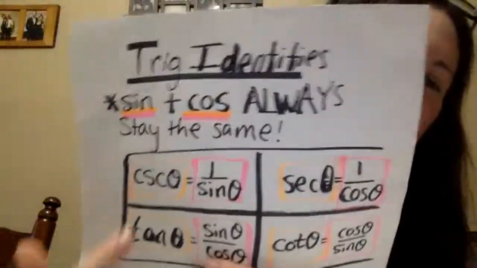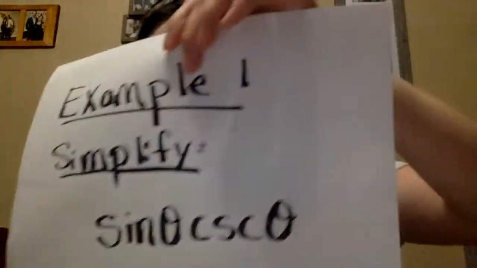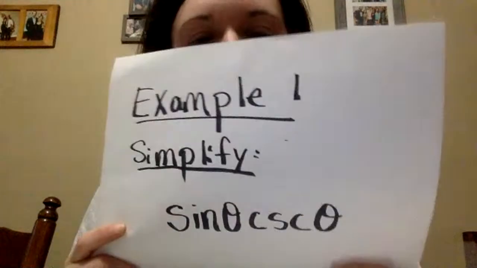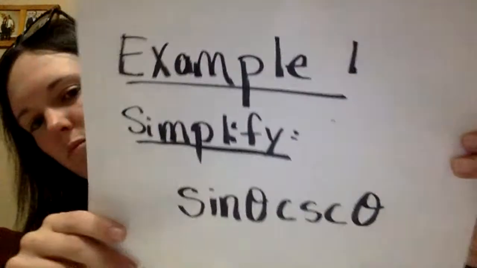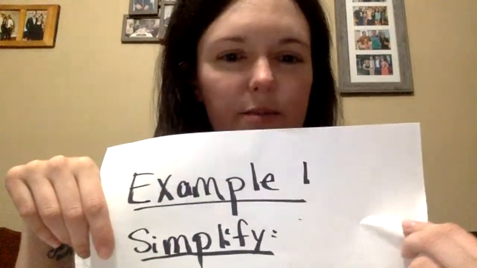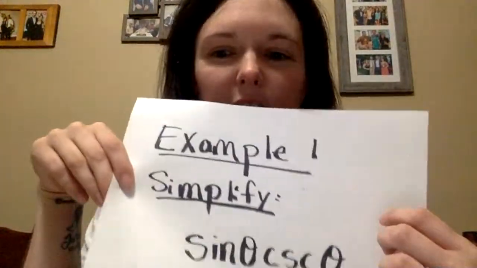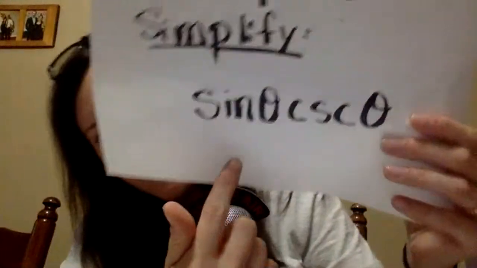Very good, Andy. Yes, sine and cosine, we're always going to keep those two the same. So when we see them in a problem, as right here, which of these two functions, sine or cosine, do you see in this problem? Excellent job, Sarah. Very good. Yes. Sine, as you can see, is in the problem. So, because sine and cosine always stay the same,